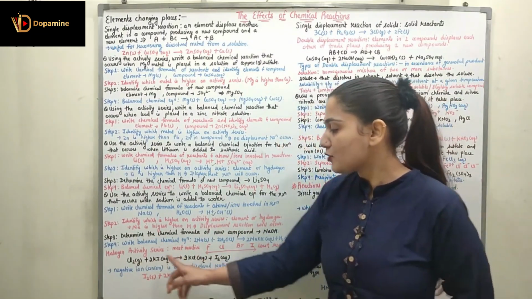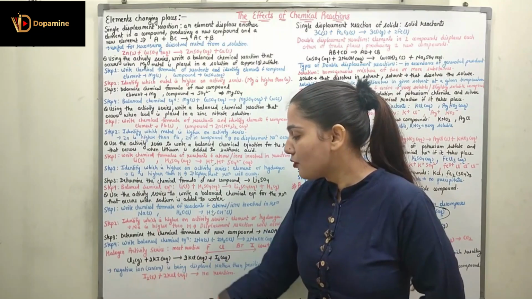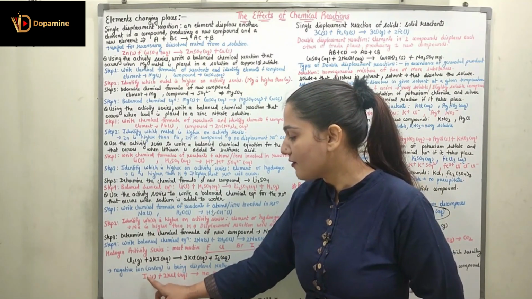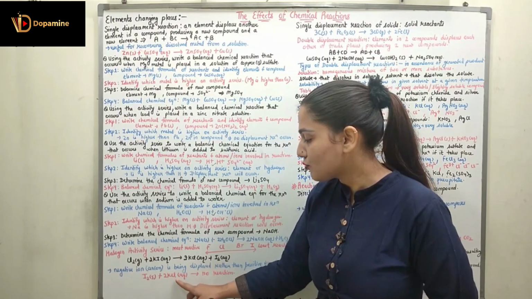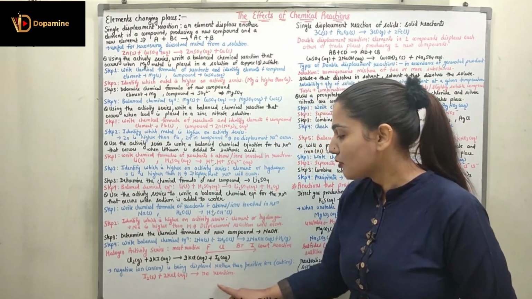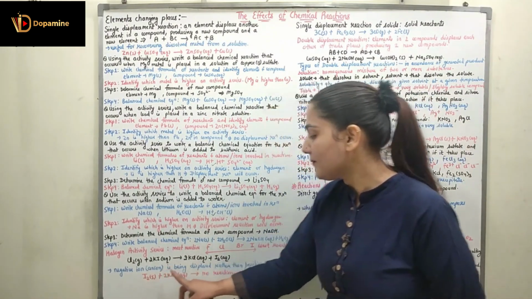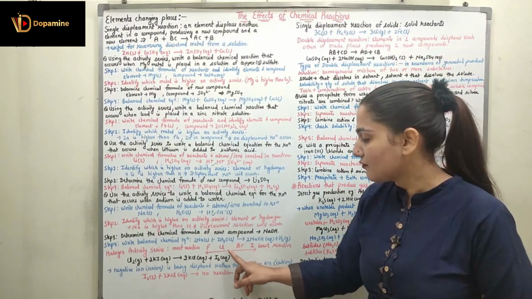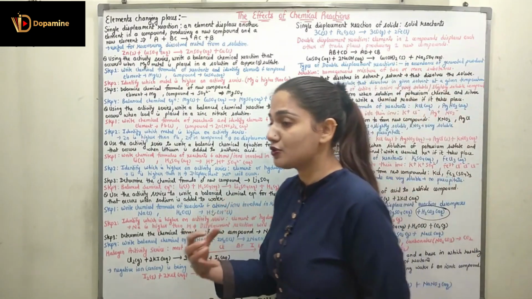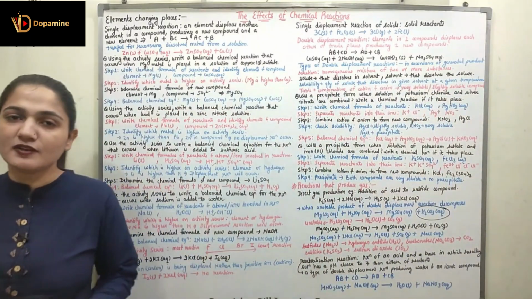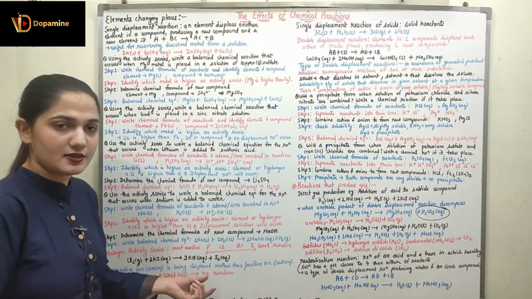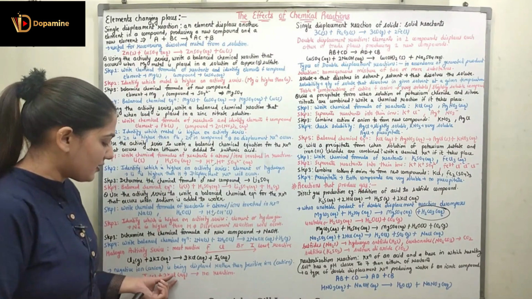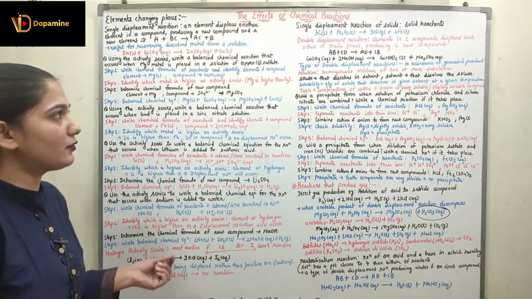Right, so now coming to one more example over here where we have I2 in the solid, it is going to be reacted with 2 KCl in aqueous. So here, because iodine is lesser reactive than chlorine, it is not going to do the single displacement reaction. So there would not be any kind of reaction because iodine cannot displace chlorine from its compound.